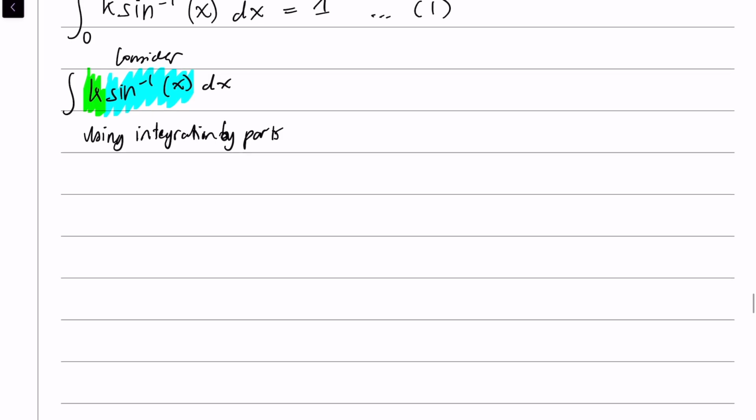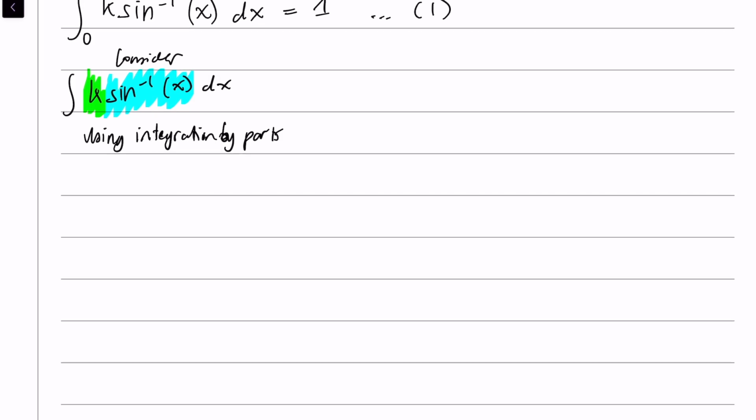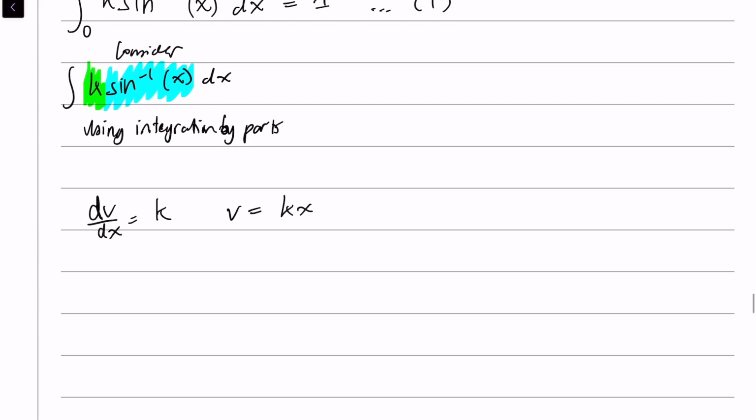All right. And obviously, I would want my simplest component to be my differential because it's easier to integrate then. So that means my dv dx is going to equal k. So my v is going to be the integral of k, which is kx, because we're integrating in terms of x, or dx. And then my u is going to be that